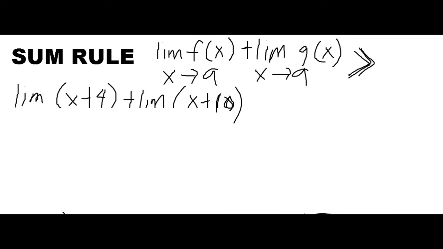So, another example, let's say we have limit of x plus 4 plus the limit of x plus 10 as x approaches to 4. So, gagamitin ulit natin tong formula. So, we have, isa-substitute lang natin. So, since yung x is approaches to 4, yun yung value ng x natin. So, magiging 4 plus 4 plus